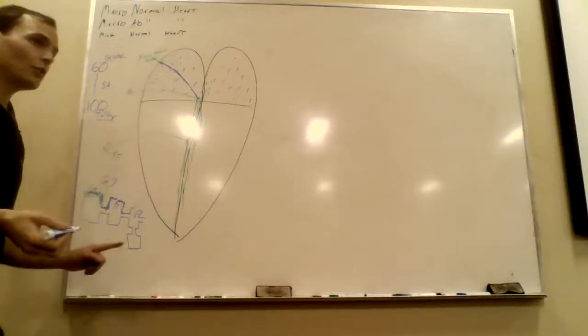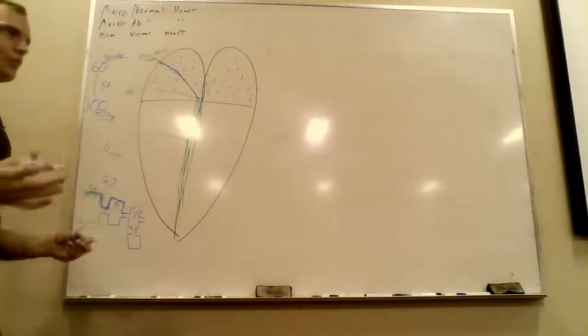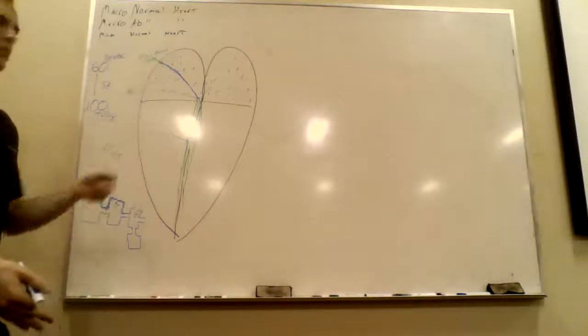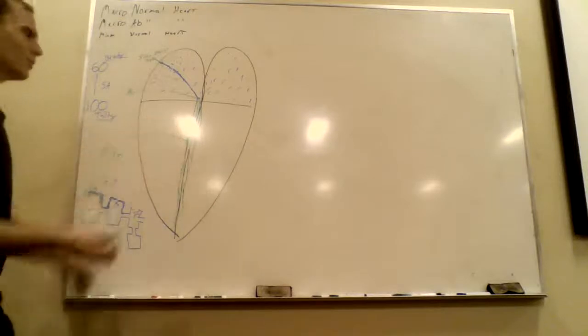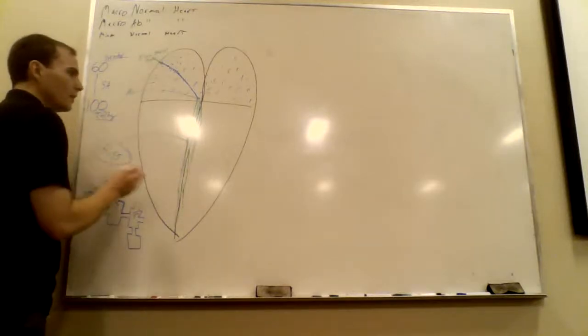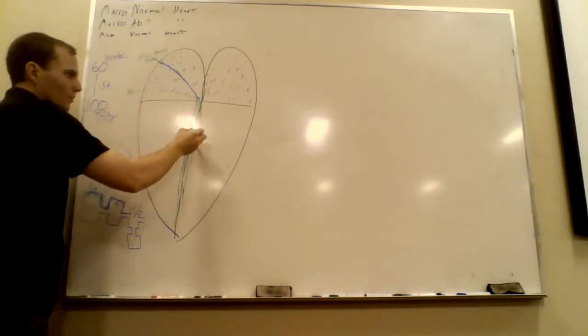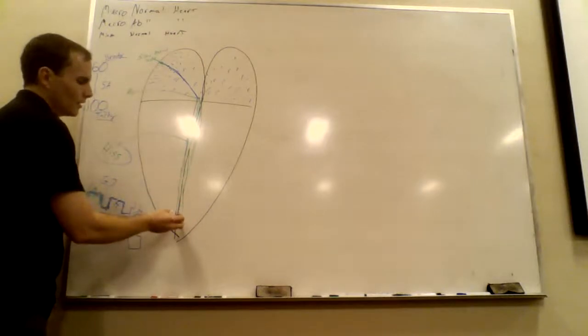Once it hits the AV node it slows down, not by necessarily trying to slow it down, just the way that the gap junctions and the nerve fibers, the Purkinje fibers in particular, bundle of His in particular. So I'm going to circle bundle of His for speed. Makes it transduce slowly down to the tip